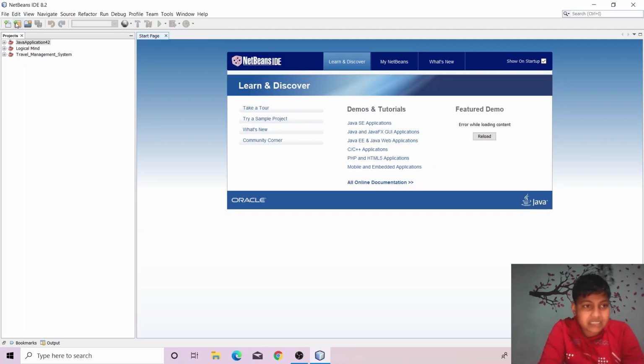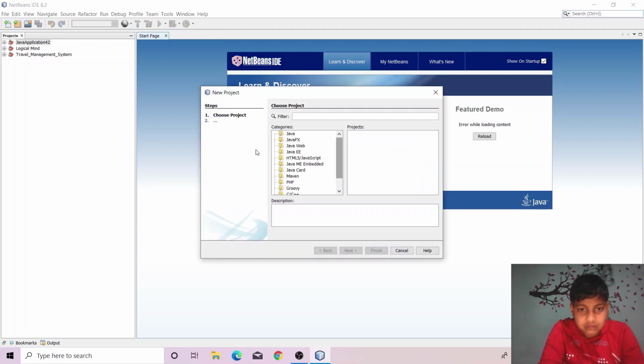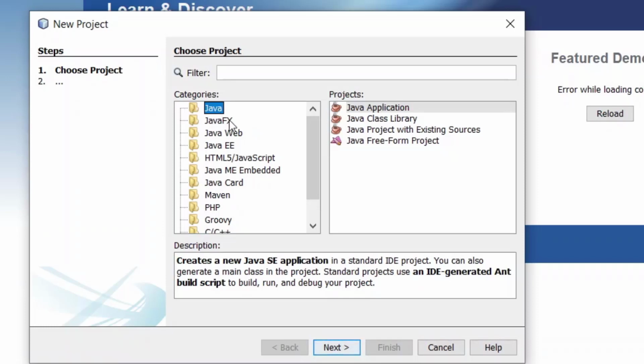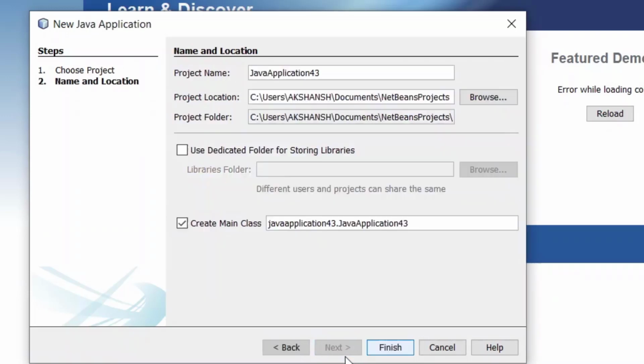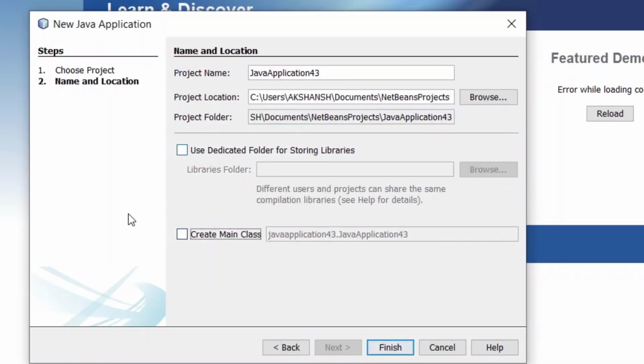So now I will try to create a new project here. As you can see, Java application is already here. Then uncheck Create Main Class, and type: difference between drag and drop and hard coding.